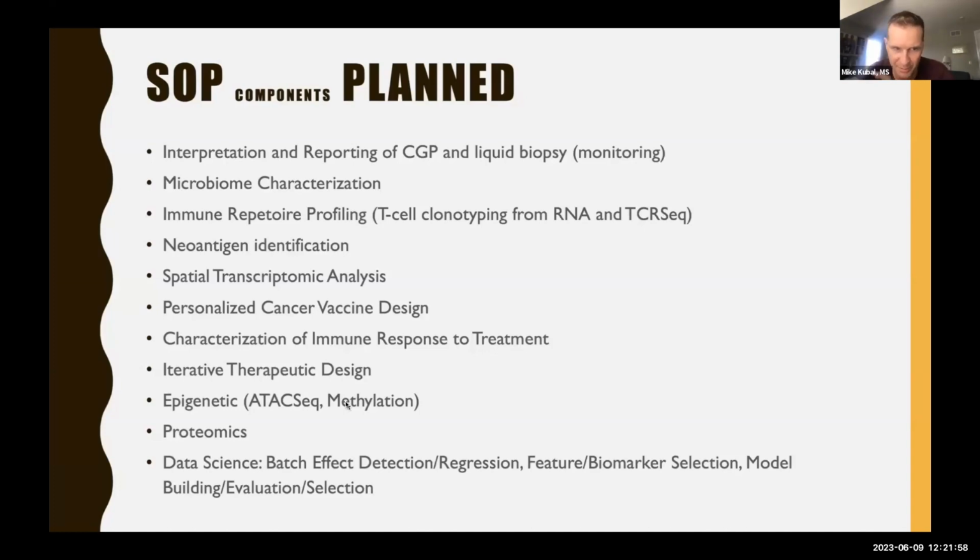We want to be able to characterize the microbiome. We want to characterize the immune system in many, many different ways. You can see my sequencing bias here, but being able to do it through other methods as well is important. I think later today someone is going to talk about personalized cancer vaccines and having pipelines for neoantigen identification, personalized cancer vaccine design, looking at epigenetics, proteomics, and then,